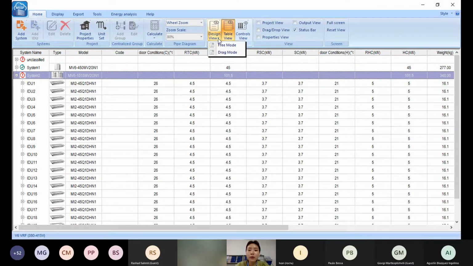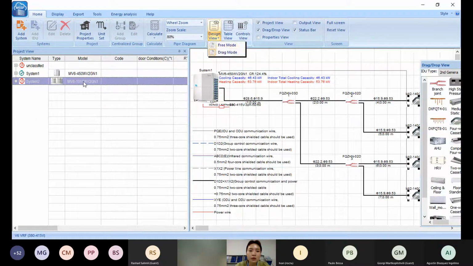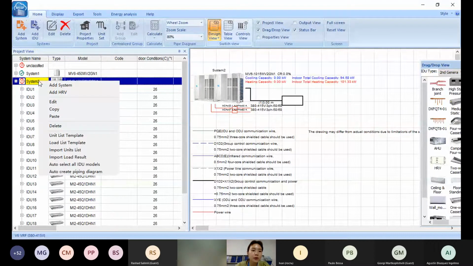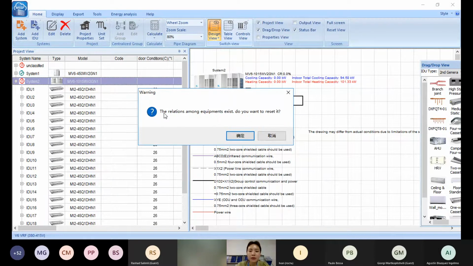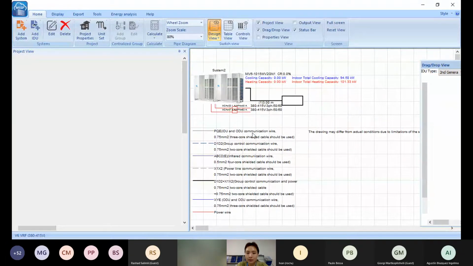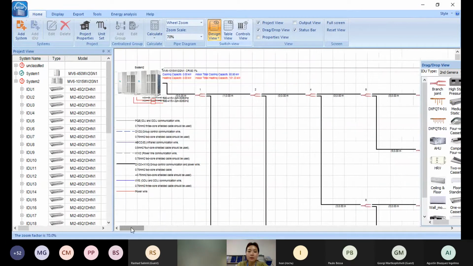So the only thing you need to do is to come to the drag mode, and then on the project view, right click on your mouse to select the auto create piping. It gives you warnings. The relations among requirements exist. Do you want to reset it? Just click yes. And this also just click yes. And you can see complete branch piping